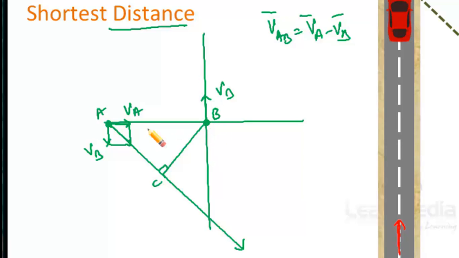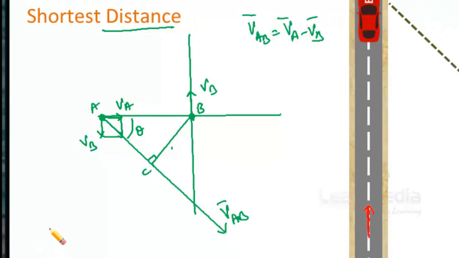Since now only one car is moving, that is, B is at rest, the observer B is at rest, only car A is moving. But car A is not moving like this; it moves along the direction of relative velocity of A with respect to B, at an angle, let us call it theta, which we have calculated. So now we know the velocity vector here. Drop a perpendicular, because car B is at rest. This gives you the shortest distance. Time taken to reach the foot of the perpendicular gives you the time for the shortest distance.